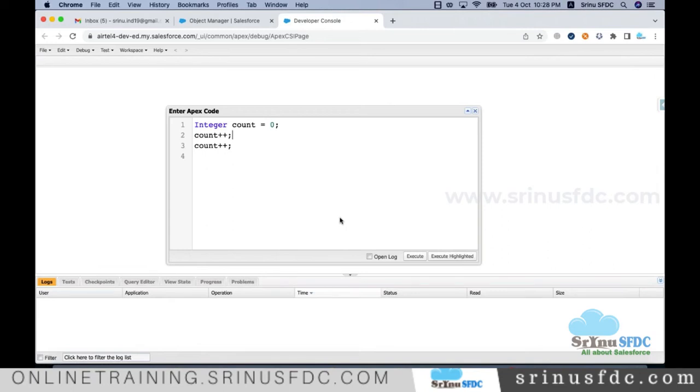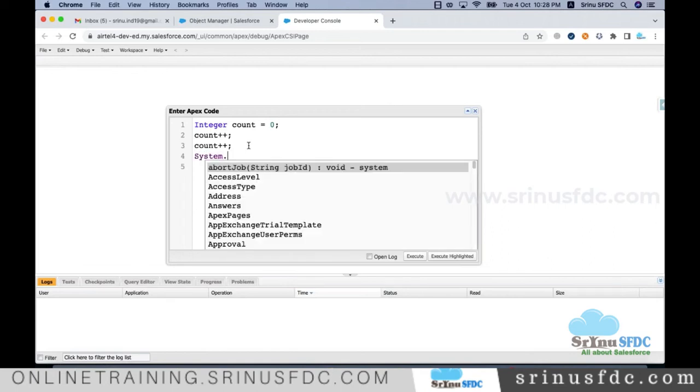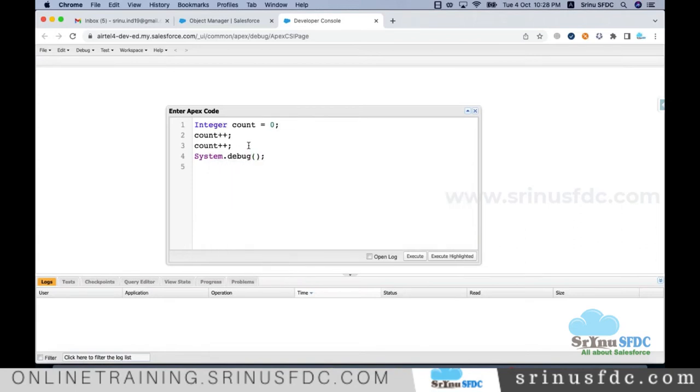If you want to print something in the log when the code is executed, in Apex we use System.debug. What is System, what is debug, we'll understand slowly. For now just memorize it, and slowly you will understand. We need to cover a few more basics to understand that. So to print something, just understand we need to use System.debug, and here what you want to print,